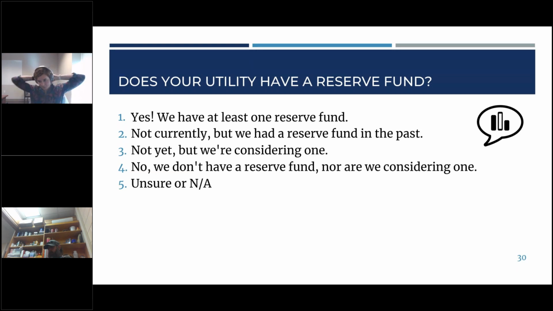So you can see that we've got a few folks who have reserve funds, one that's considering a reserve fund, one that doesn't have a reserve fund, or are they considering one, and then again, a couple that are not applicable or are unsure. Having a reserve fund is not necessarily something that a utility has to do. There could just be money that sits in the fund balance that essentially covers all of the things that I talked about before. Reserve funds can be restricted or unrestricted, so there are different ways of approaching it from the utility perspective. So this is pretty much reflective of, I think, what I've seen in the past. It's not necessarily something that everyone does, but it is a popular way of setting aside funds specifically for like emergencies or capital improvements.